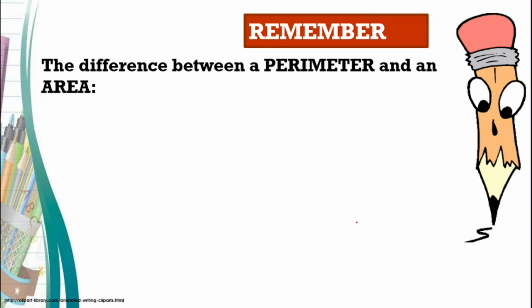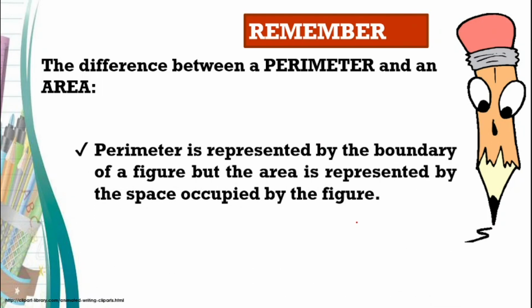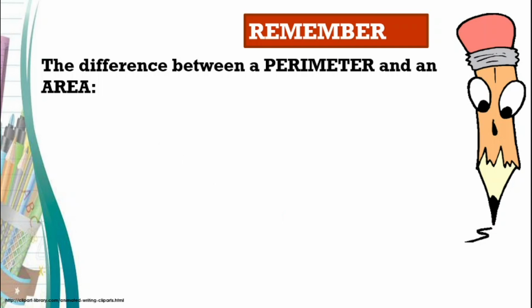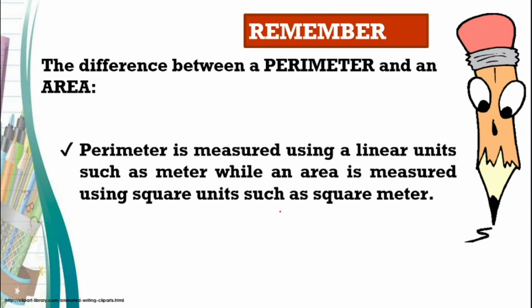And the difference between a perimeter and the area is the perimeter is represented by the boundary of the figure, but the area is represented by the space occupied by the figure. And the perimeter is measured using a linear unit such as meter, while the area is measured using a square unit